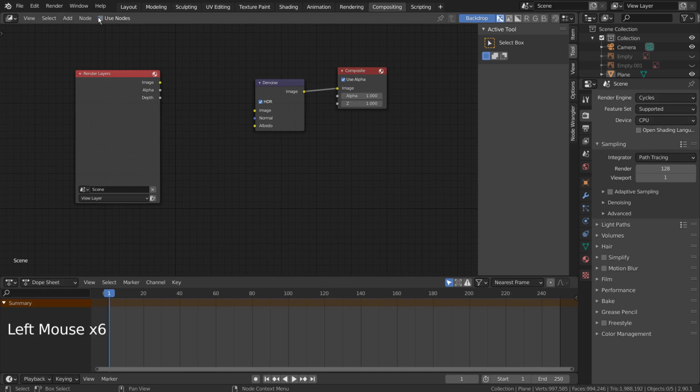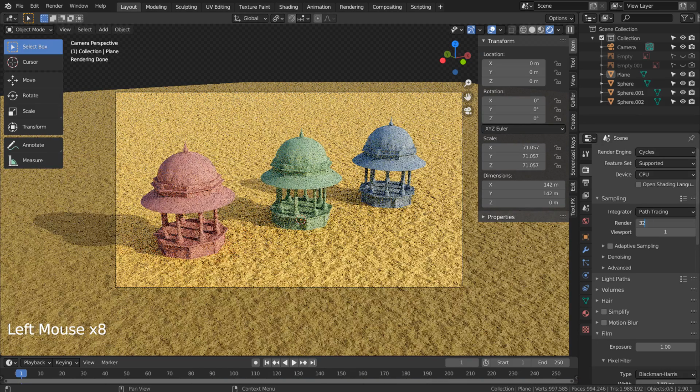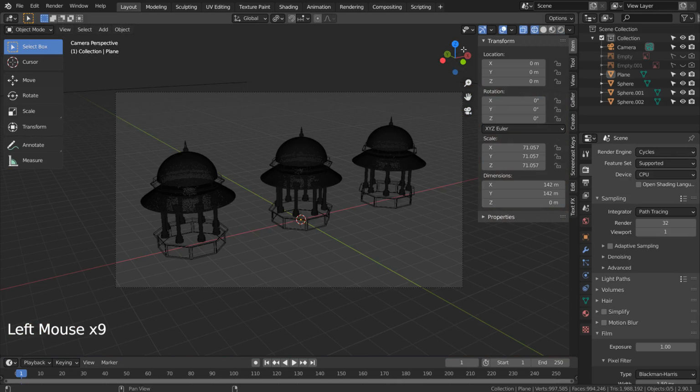Let's turn off Use Nodes under Compositing, Node to Noise. I'll also use 32 samples to render.